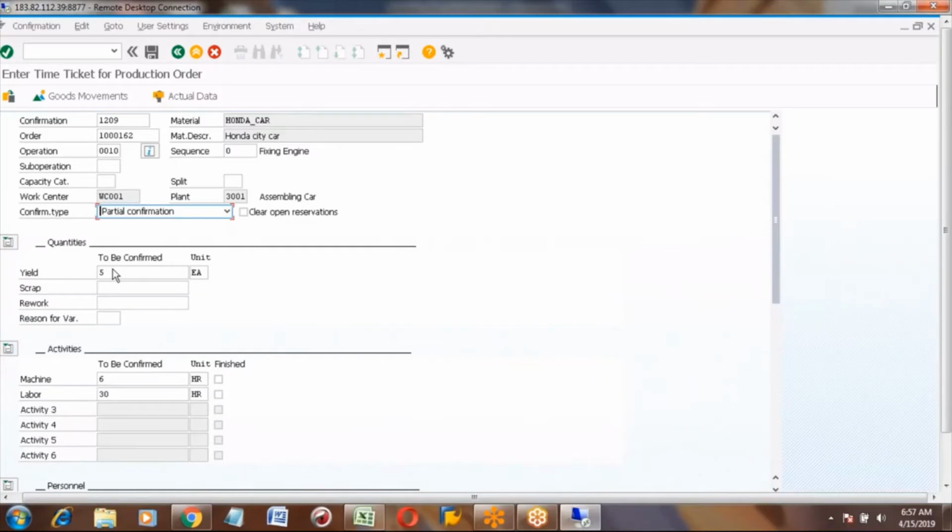So when you do 10, then you put the final confirmation. If you are doing a partial confirmation, you can change this into partial confirmation.